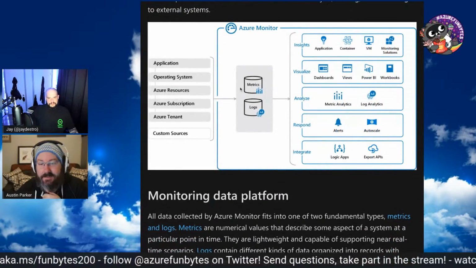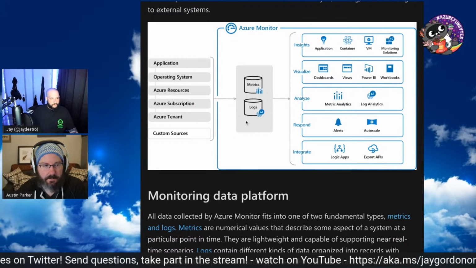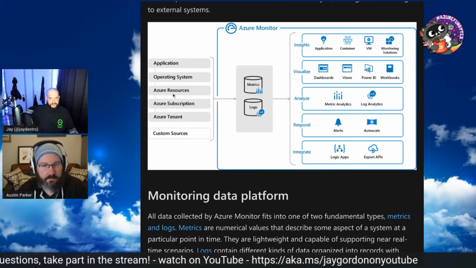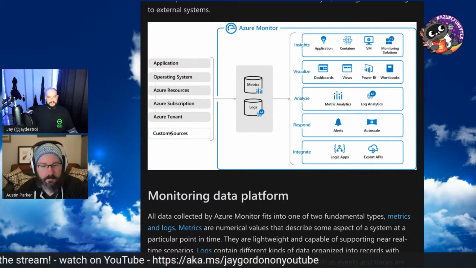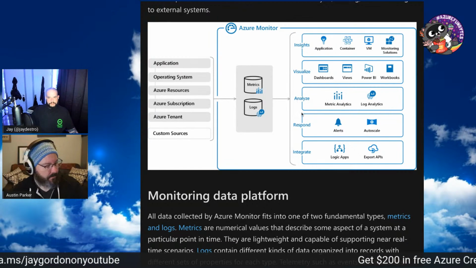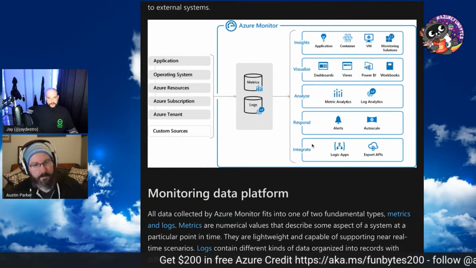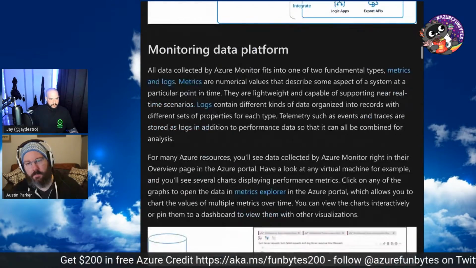Azure Monitor is essentially more about collecting information from virtual machines, from operating systems, from different resources, tenants, and then giving you ways to get insights, visualize, analyze, respond, and integrate. Now, these are monitoring specific methods of handling this. But what we're going to do is look beyond, when we need more information than monitoring.